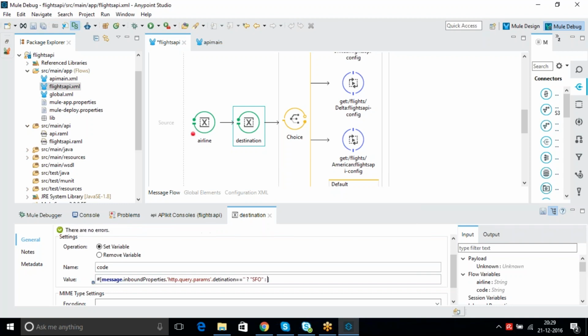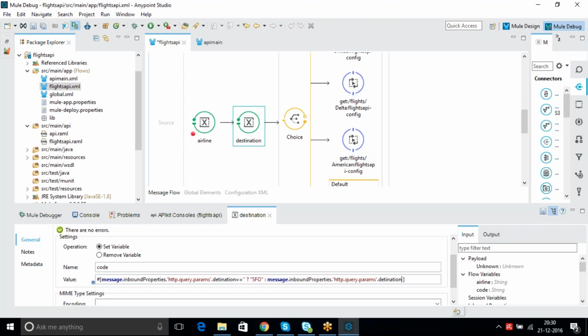If it is not empty, you don't need to do that, right? In that case, you have to take whatever is coming from the input. So how can you take that? You need to copy and paste the same thing. Control C, Control V, correct? So this is like the if-else condition we are making here.